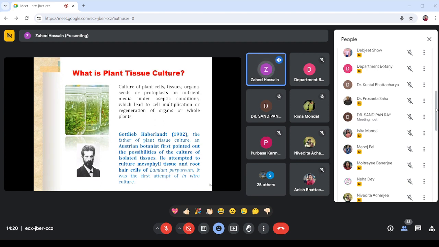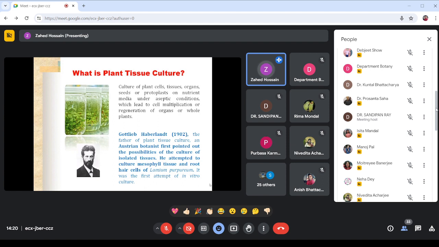A tissue is composed of many cells, and similarly an organ is made up of several tissues. So any part of a plant can be used as an explant. Here I use the term explant. Explant is nothing but the starting material. Any part of a plant that can be used to initiate the culture is known as an explant. It may be a plant cell, tissue, organ, or even seeds or protoplast. You must be wondering why I say seed, because seeds normally germinate, but we can,